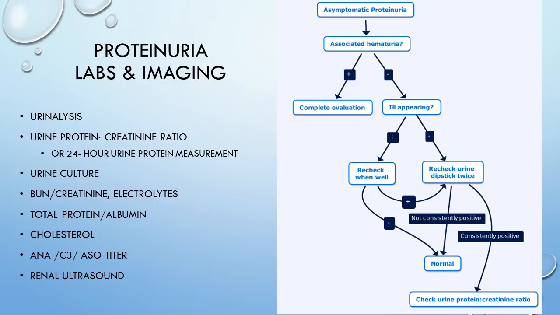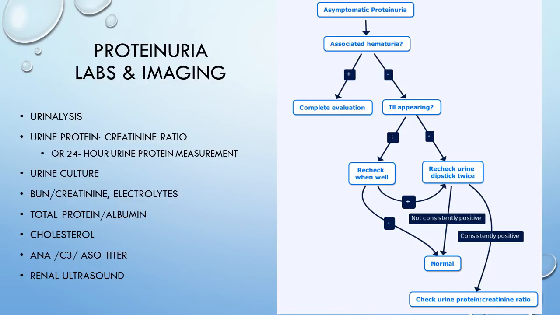Labs and imaging. We'll be doing a urine analysis, of course. The urine protein to creatinine ratio, and that's going to be the one that we prefer over the 24-hour urine protein measurement, and that's just because it's easier, more feasible to do. Urine culture to see if there's any signs of infection. We may do some blood tests as well, so looking at the BUN and creatinine, electrolytes, their total protein and albumin, so are they losing too much protein, their cholesterol levels, their ANA, C3 levels, ASO titers, and a renal